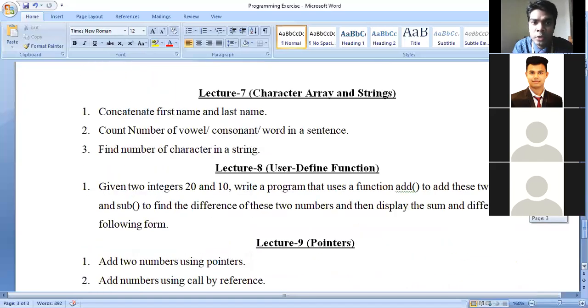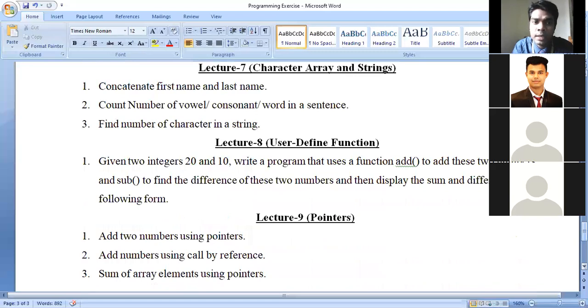Then I told you that from lectures number 7, 8, 9, I'm going to give you a few questions, like 5 to 7. I give you 7 questions here. From lecture number 7, you might get a question like how we can concatenate two strings. We have a function for string concatenation, which we already discussed in our previous class, and inside my lecture you will get the explanation.